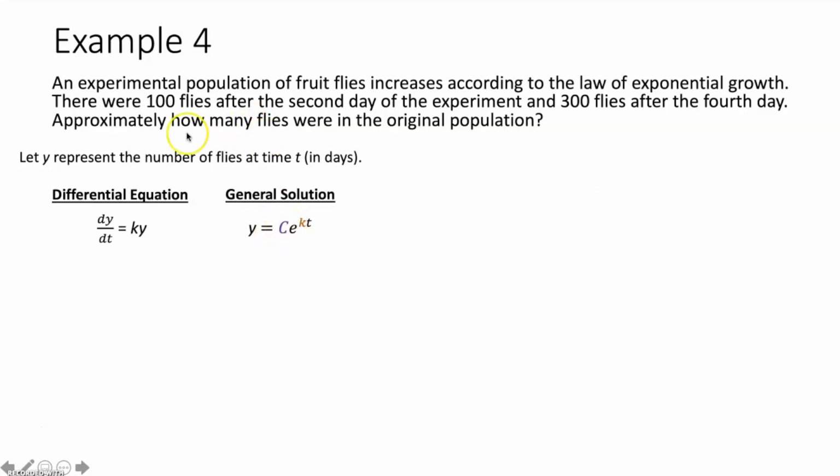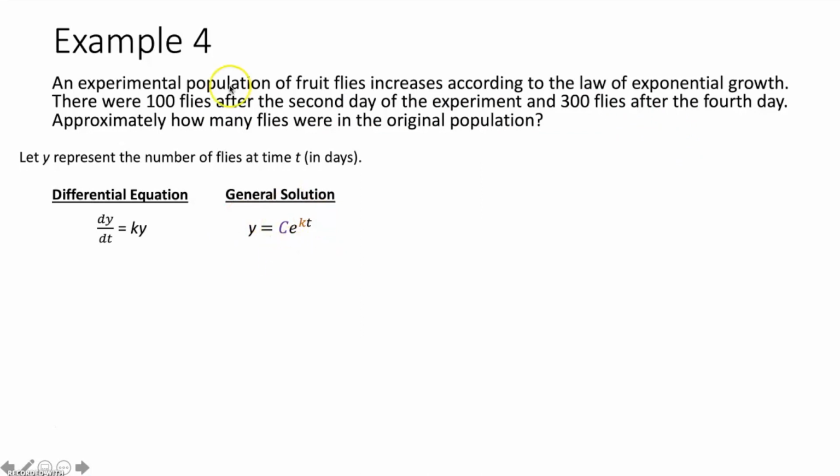And that makes sense because this question is asking us to actually find c. That's the whole goal of this question. So we got to get there some other way. Let's see what we can do. So if we can't solve for c, we're going to solve for k. Can we do what we did in the last example? No, there's nothing here about half-life, so we can't use half-life in order to solve for this. So what do? Well, we need to use these two initial conditions, obviously, in order to solve for k.